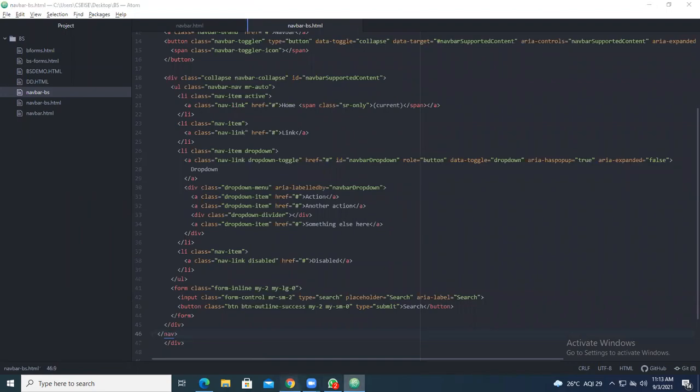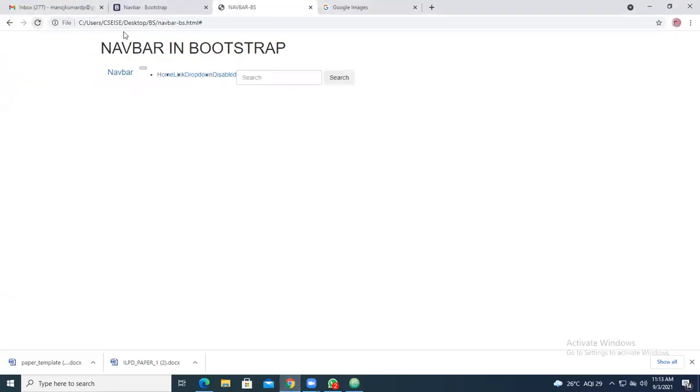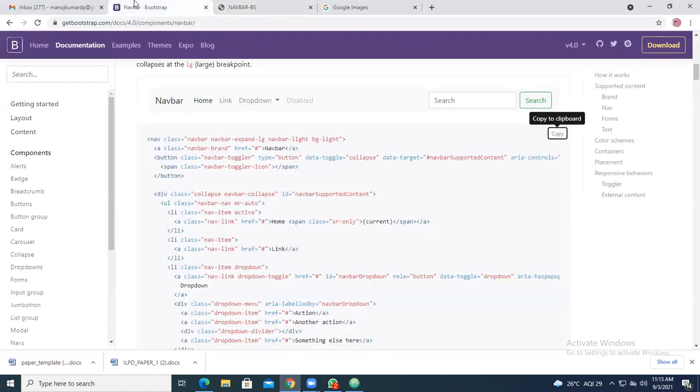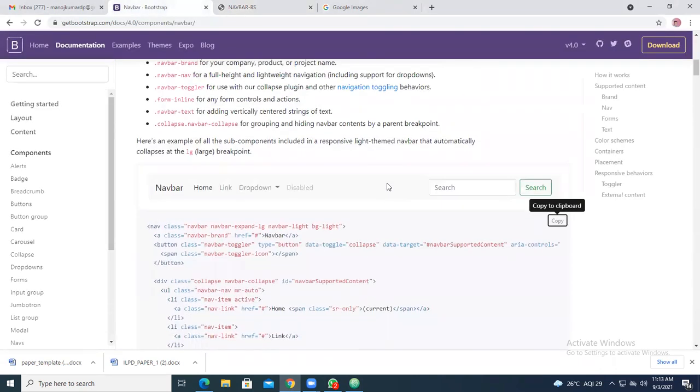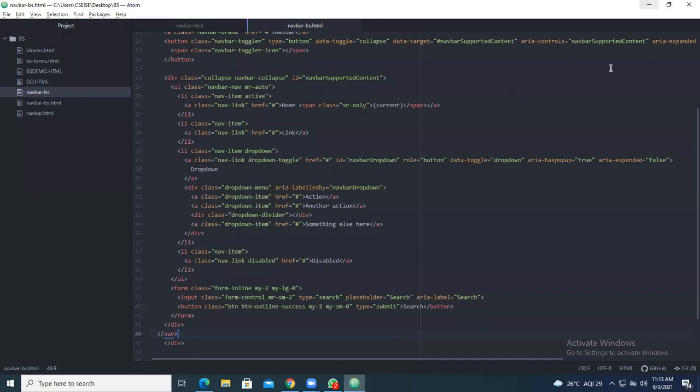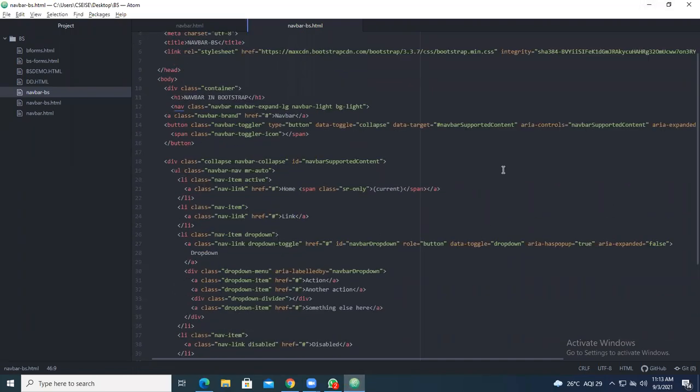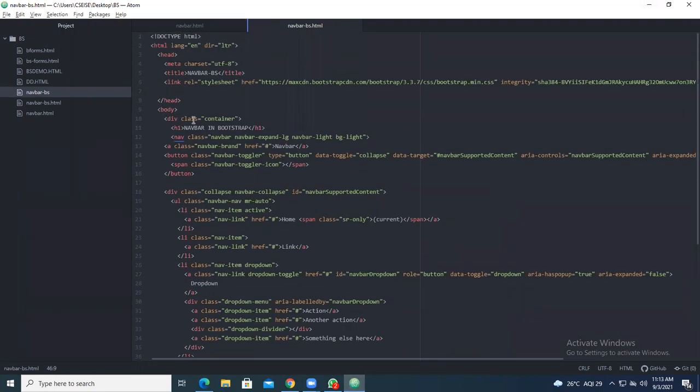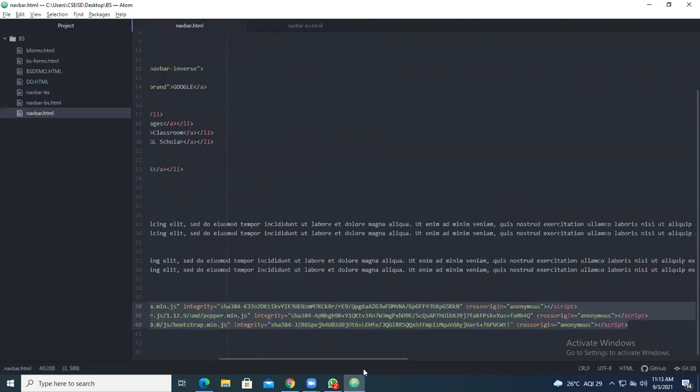Now save the contents and go and refresh. You are getting this navbar, home, link, drop down. Click on drop down, action, and you get this. You get this particular thing in home, link, drop down, disabled like this. I have taken the container class. This is the link we have taken from 3.3.7.